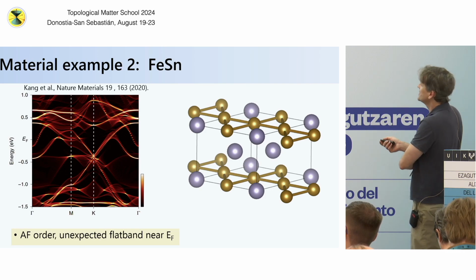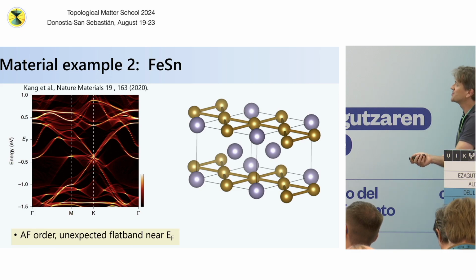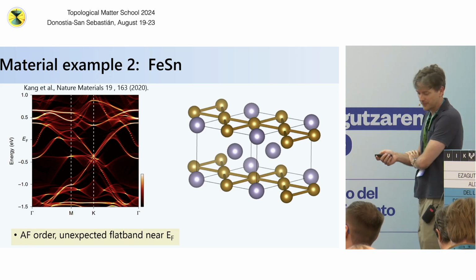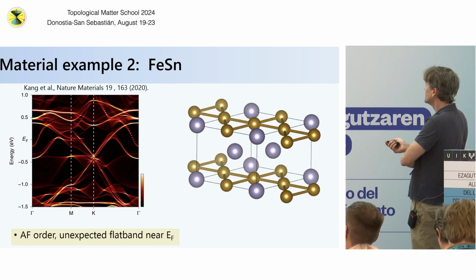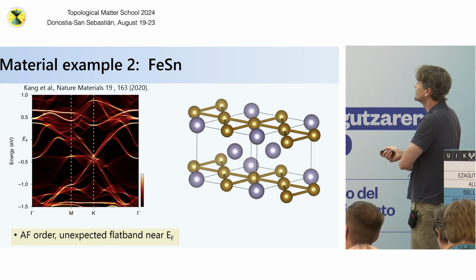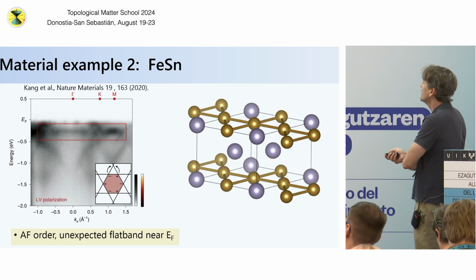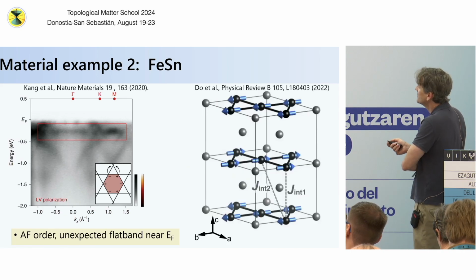But other than that, you can see that the system is actually quite three-dimensional. So you can see there's a lot of dispersion due to further range hopping. But this system also is magnetically ordered. So it's an antiferromagnet. And one of the oddities of this system is that when it was studied,